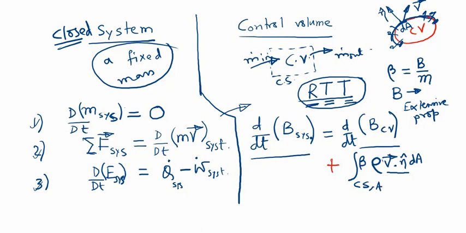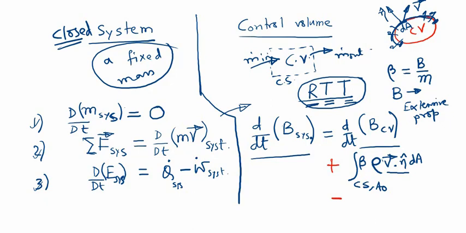Suppose this whole area is AO, the area through which it is going out. Then this is basically the property flux, the rate of property that is going out from the control volume, minus another part,